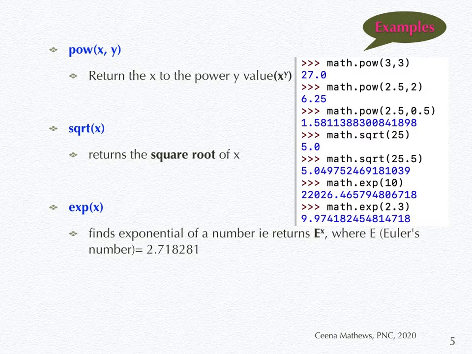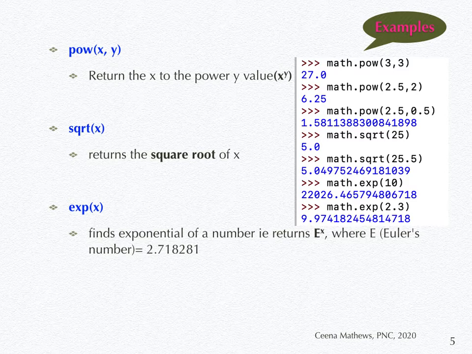Next is math.pow. If you give both the x and y in float, 2.5 comma 0.5, it will display the result as given. Next is SQRT. SQRT is used to find the square root of a given number. Example is math.sqrt of 25, which will generate the result as 5. And instead of an integer, you can also give a float number here. So math.sqrt of 25.5 is 5 point something.